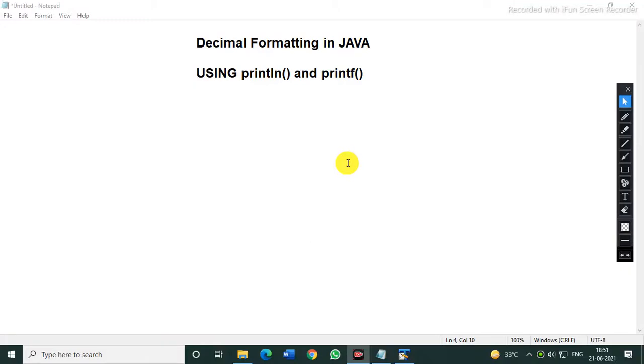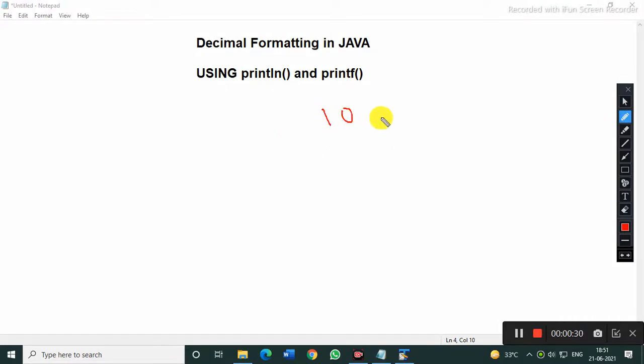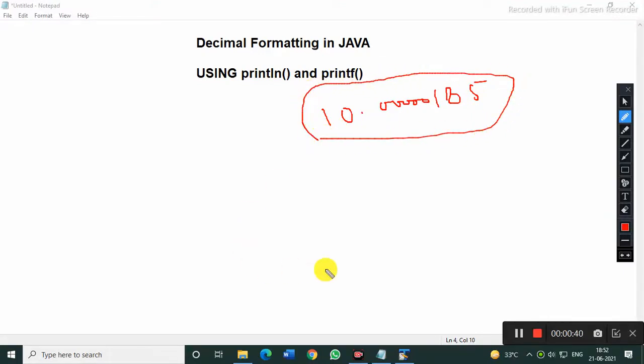In today's video we are going to discuss something very interesting in Java, and you can use this for class 8, class 9, class 10. Usually we face problems in decimal formatting. Decimal formatting in Java means that whenever you are working with decimal values, you get so many decimal places if you are working with float as well as double type variables.